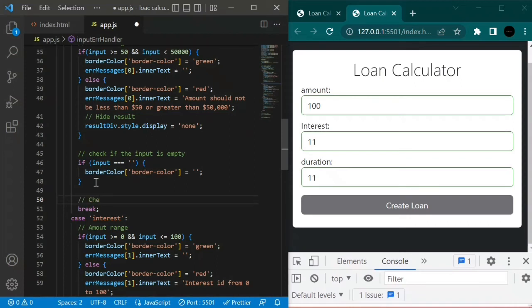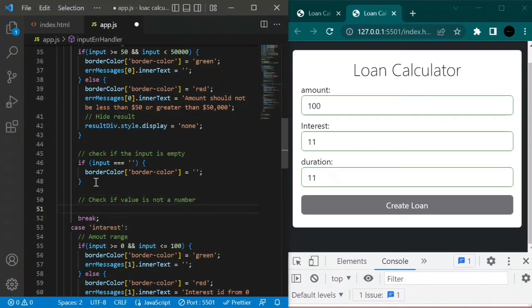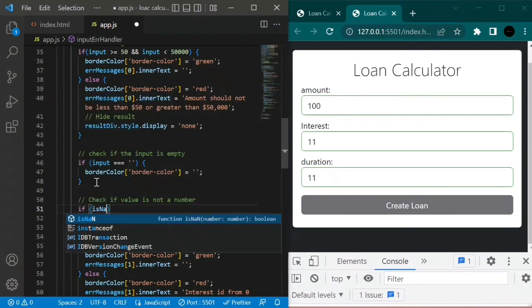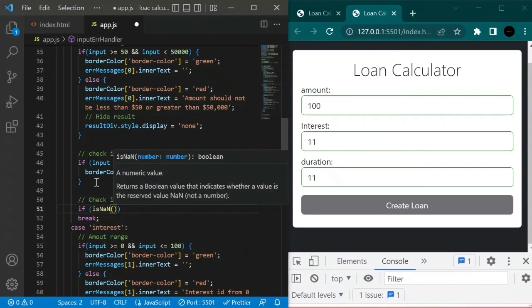So, writing a comment to check if value is not a number, we're going to use the isNaN method. What it means is not a number, so it's just going to check whether the value is a number or not. So we're going to write if isNaN